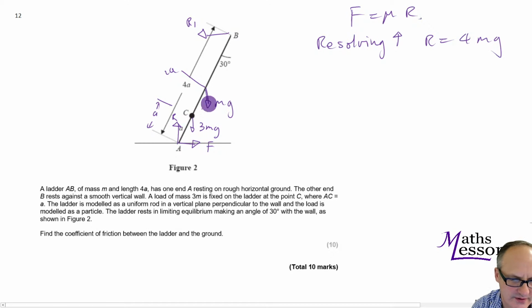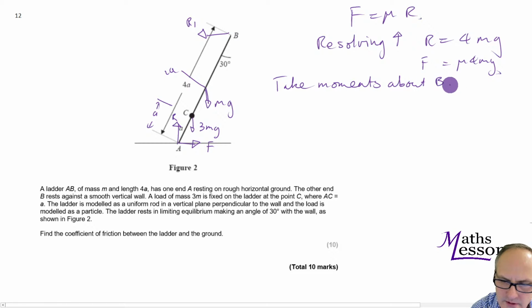Okay, the reason why I've done that is because obviously it gets this unknown into a series of knowns. And we know that F equals mu R. So actually what we know is, to find the coefficient, we know that F equals mu times 4mg as well in this question. Now, if we take moments about